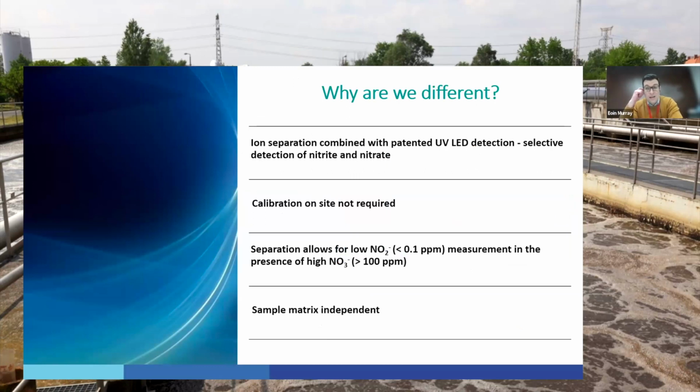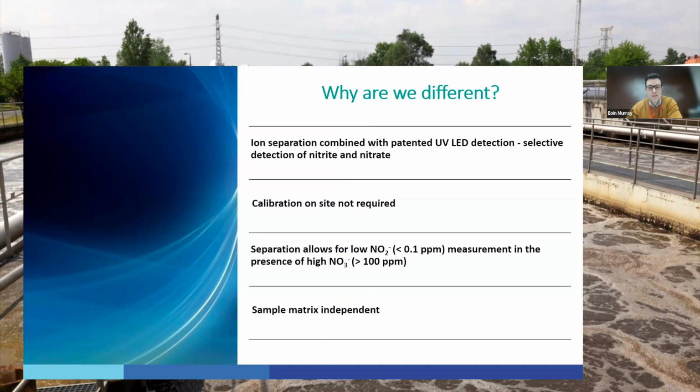So really just a high-level summary of what I just mentioned there in terms of the differences. The ion separation combined with the UV LED detection enables our selective detection for nitrite and nitrate. The calibration is carried out in factory here, so there's no need for the customer to calibrate on site, which is a big advantage. Another key advantage, especially when we're talking about quantification of NO2 and NO3 in wastewater applications,